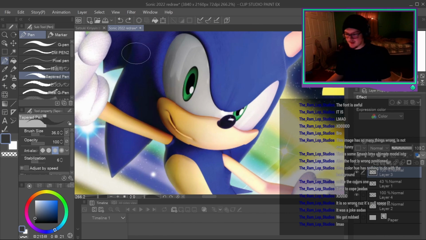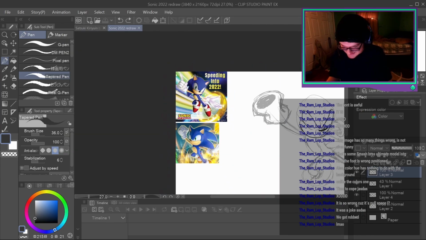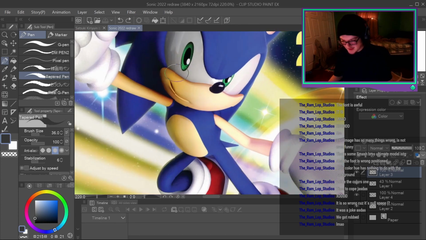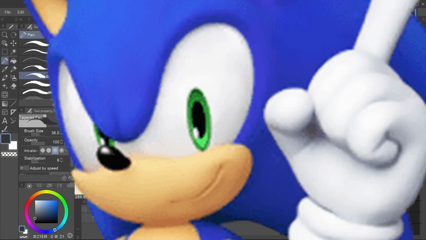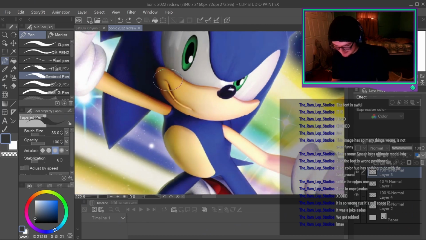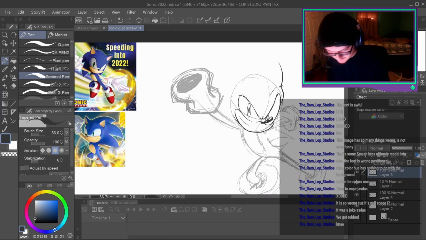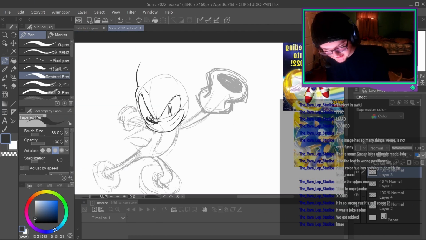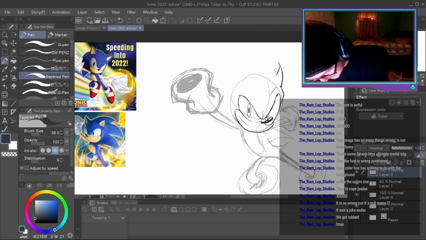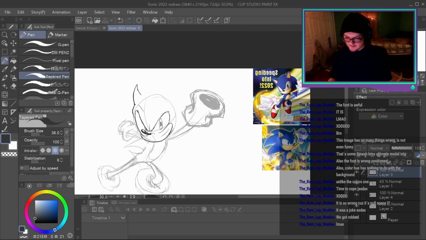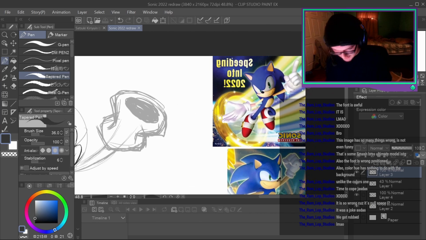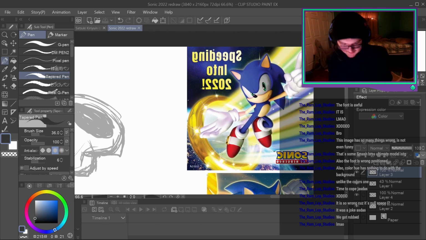I think the reason it looks weird on Sonic is because he just doesn't have lips. He doesn't have lips, so it looks weird when you try and give him a bottom lip that looks like that. Bro, honestly, when I complain about this shit, I sound like I've been watching way too many Sonic documentary videos, to be honest. Also, like I'm doing with my drawing, but I feel like this should be foreshortened.